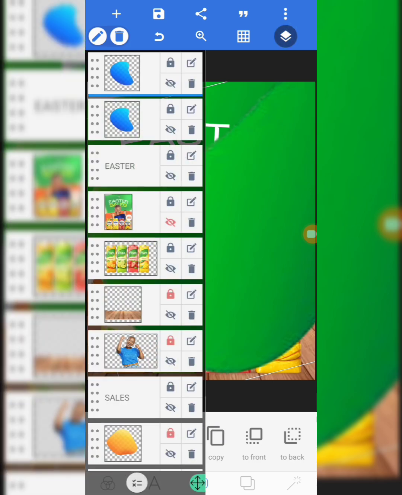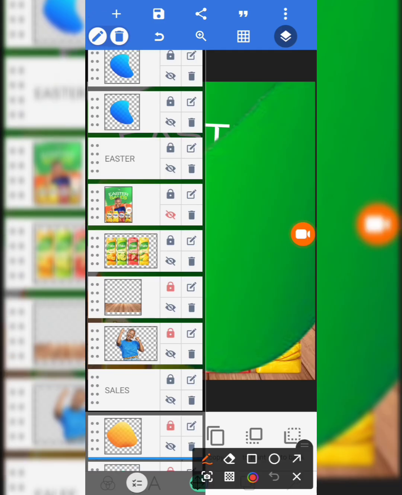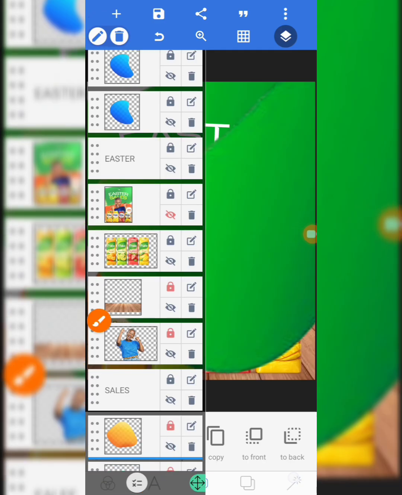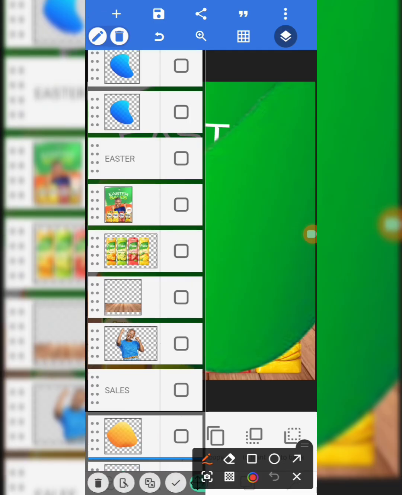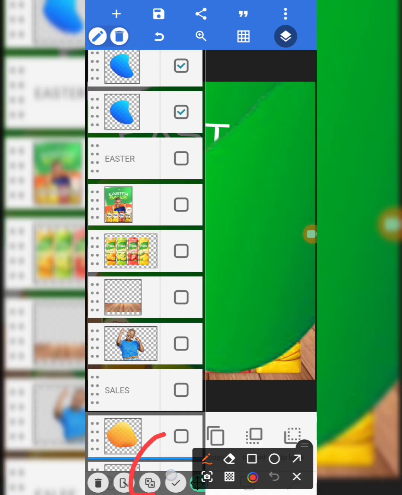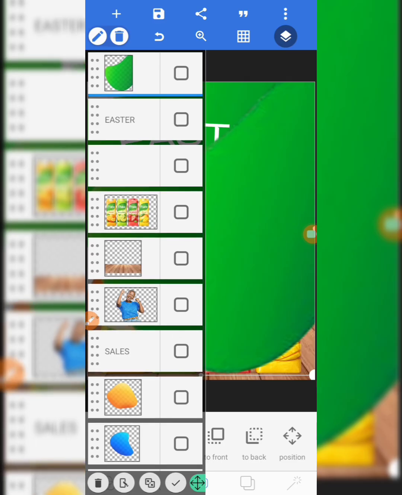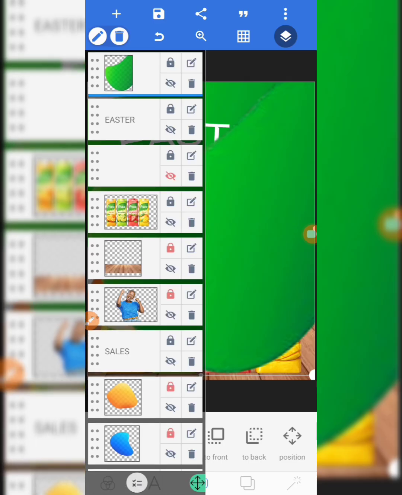So when we copy it twice, we'll have two here. Now you select the two. This is how you do it. You click here. After clicking here, you select the two boxes here. After selecting, you just click here to merge. So we'll just click there to ask if you want to merge. Okay. Merge this. You can see that Pixellab is now seeing it as a green